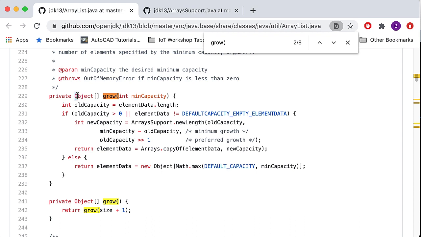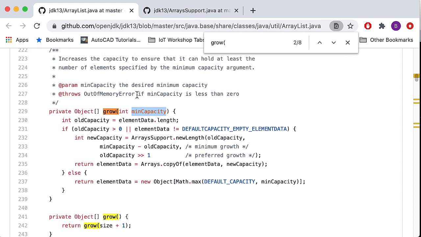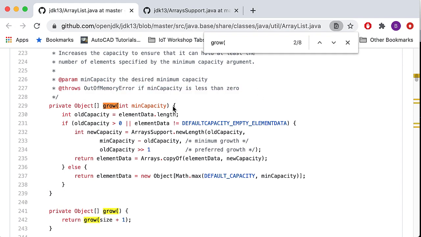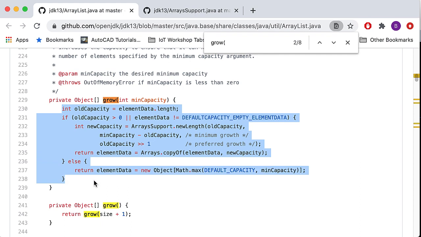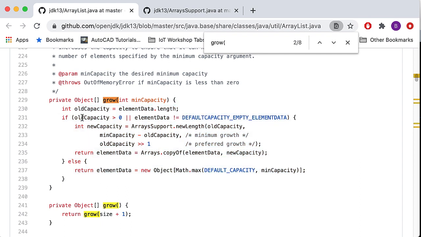So it's going to create a new array and return it, it looks like. And we give it some sort of a minimum capacity. The minimum capacity is the desired minimum capacity, and it may throw an exception if the computer runs out of memory. We can look through the details here, and we can see that there's an if statement. Everything being checked in the if statement is just a simple comparison. All of those we can argue are constant time operations. Then it calls another method,